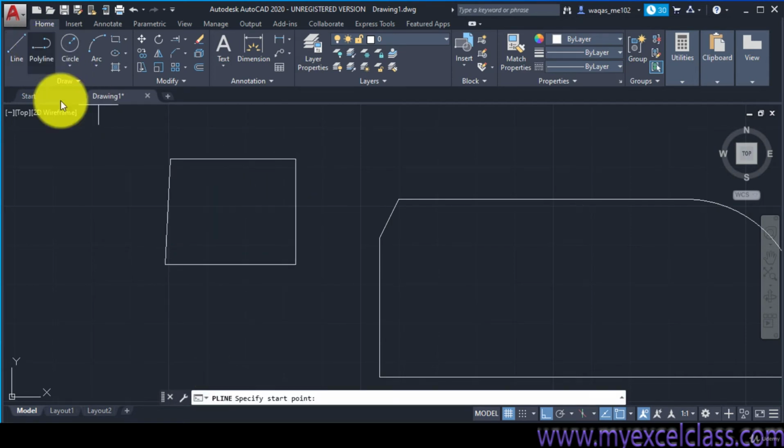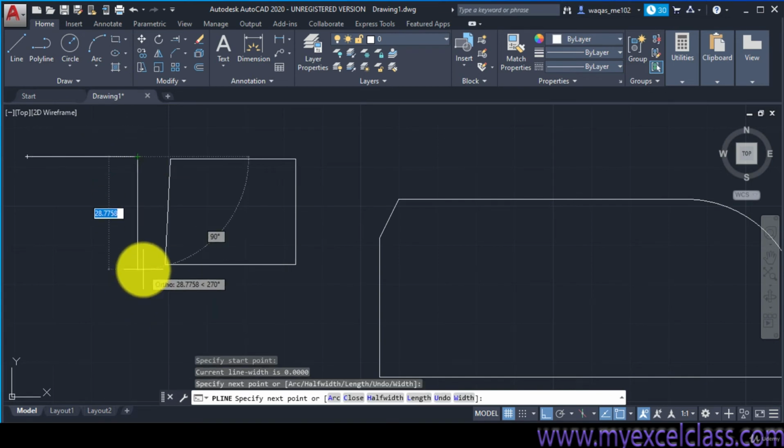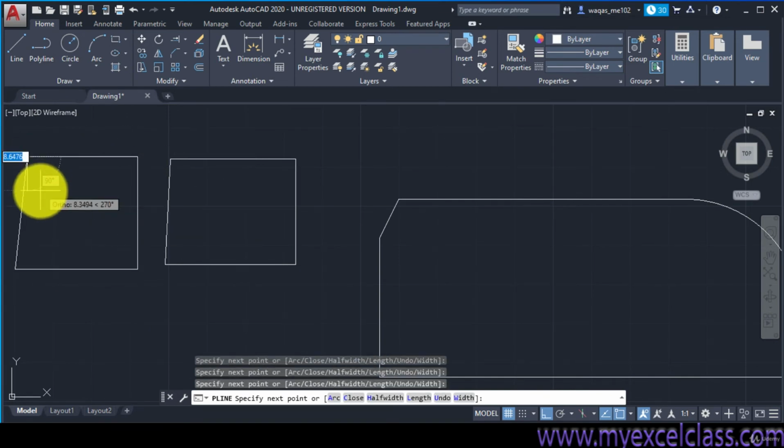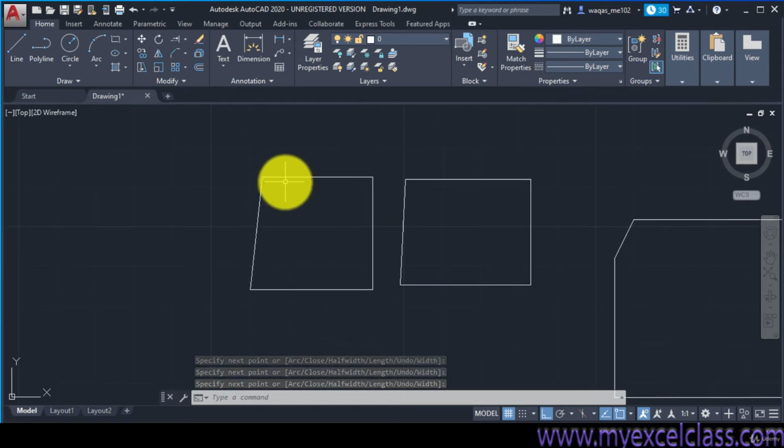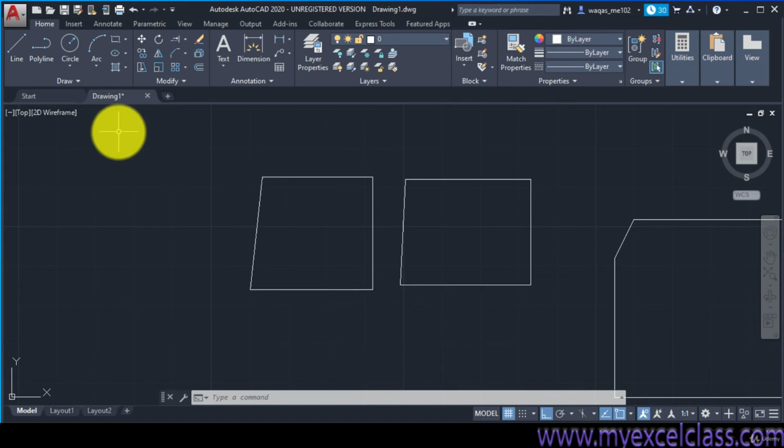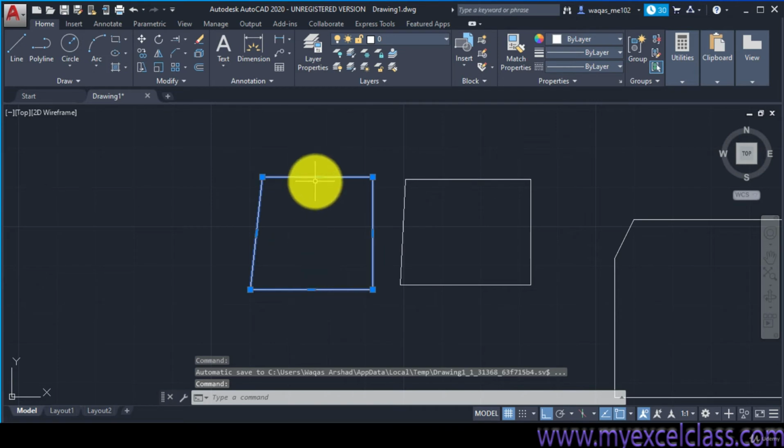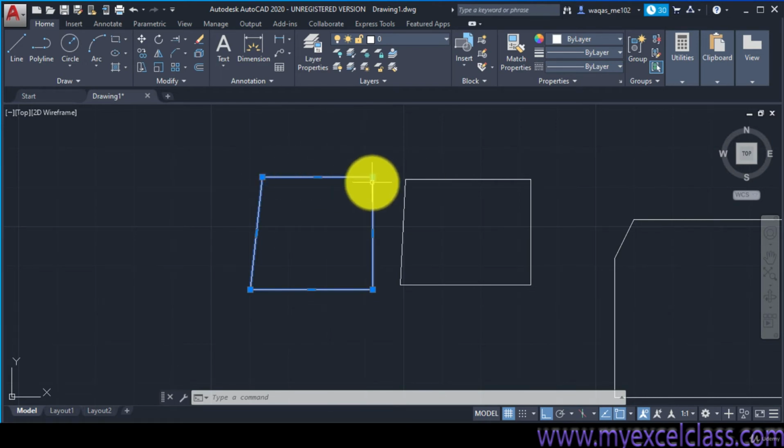Same randomly I form this one. Same case here, but I have chosen polyline instead of the line command. What I want to tell you is that when I use polyline and click here, it will choose the whole path, not a single line, just like here. So the difference between polyline and line is that all points or segments are connected with each other in the polyline, but in the simple line command case it will be different.